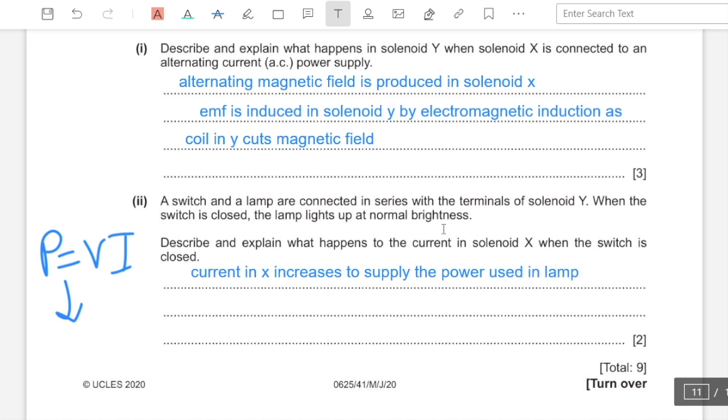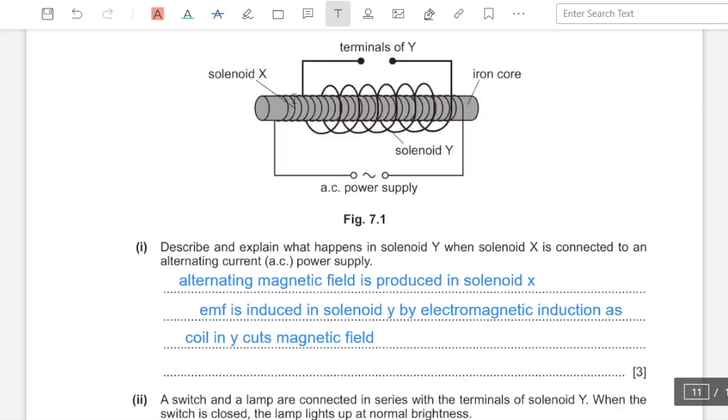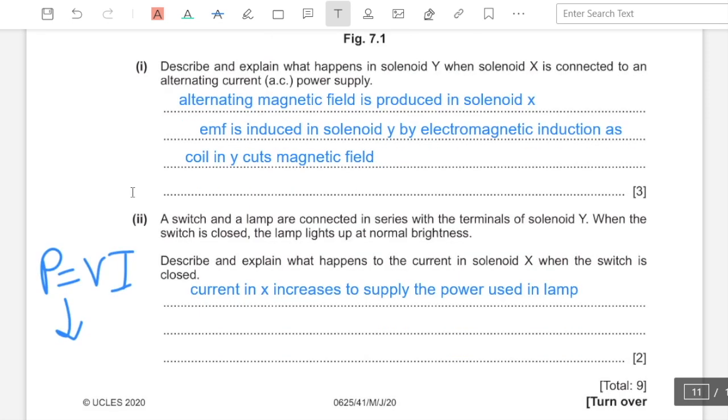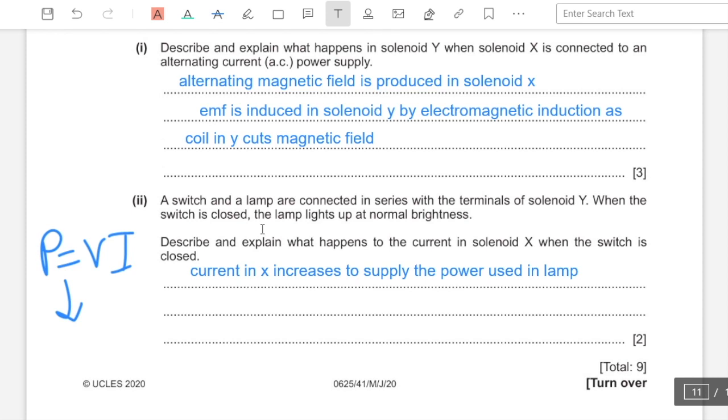Once again, the brightness depends on the power, and power is dependent on voltage and current. The voltage over here, since it is induced by a changing magnetic field, is supposed to be AC, and the voltage in AC increases and decreases, it fluctuates. Despite the fact that it fluctuates, the lamp lights up at normal brightness, and that means the current has to be high enough to have enough power to light up at normal brightness. And so this is the